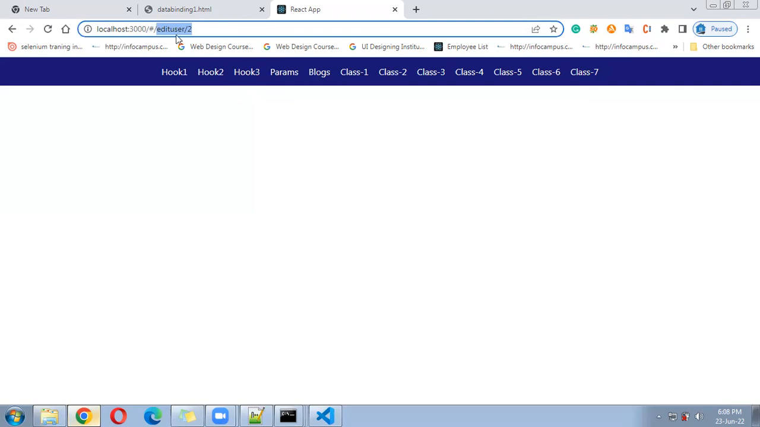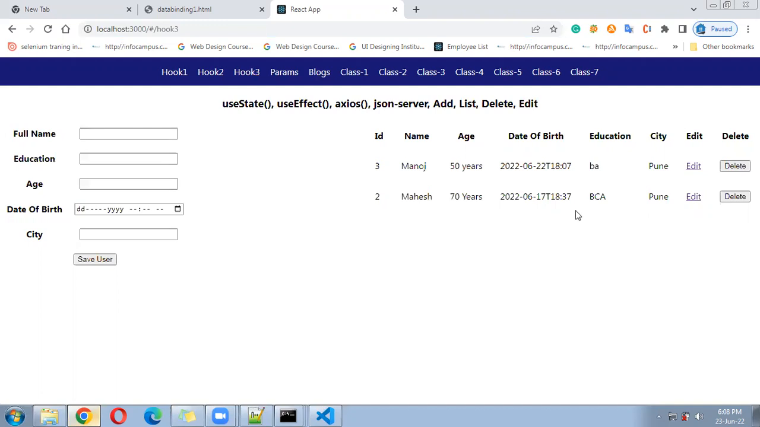Next, based on this number, we have to display the data here in editable format. The details of this particular user should come in edit format, where we can edit the data, and after editing, we can see